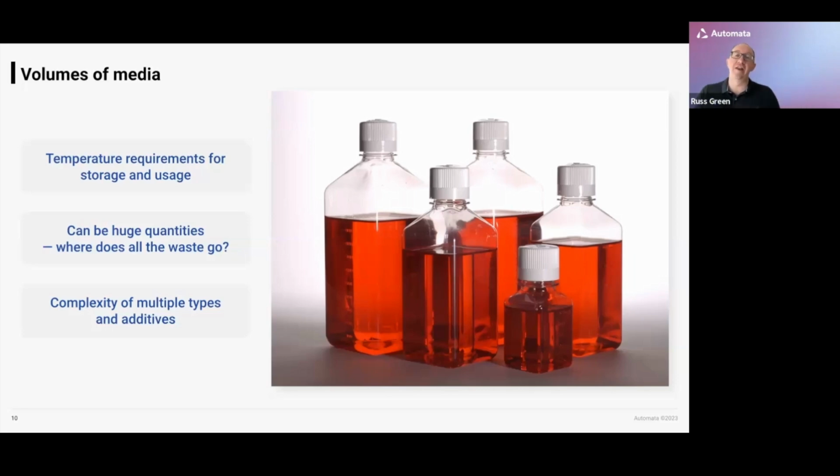Then there's another layer of complexity, which is a little bit different and starts making it more of a process problem when it comes to automation. Let's say we have basal media into which we want to add some kind of additives to make up specific variants of that media for different cell lines on the fly. That's something we might do quite naturally in a manual environment. We can certainly build it into automated systems, but it adds an awful lot of processing complexity, where we need that volume of media to be delivered to a liquid handler and then have those additives ready and probably held at some temperature to be added into that media as well. None of these things, again, impossible. They're just things we have to think about.